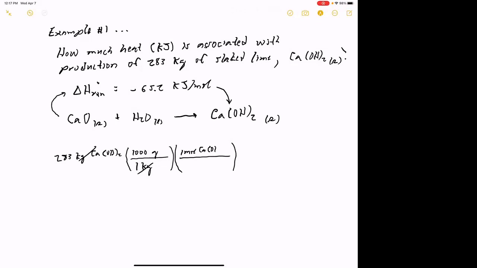I can go to the periodic table and calculate the molar mass, which is 74.093 grams of it. All right. And now, as I said, normally what we do is we think about this in terms of kilojoules per mole of reaction. But notice everything's 1 to 1 to 1. So a lot of times I'll reference this to per mole of reaction if they don't tell me anything else. So I know that for every 1 mole of reaction,